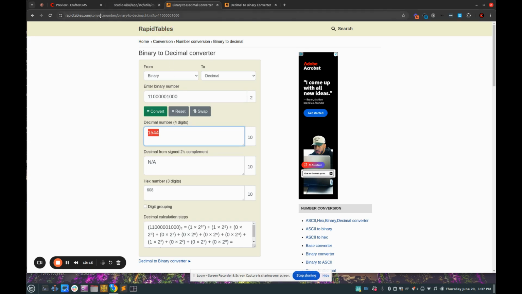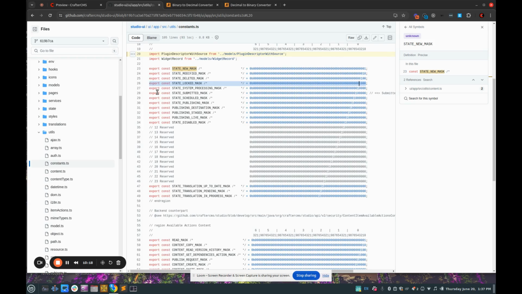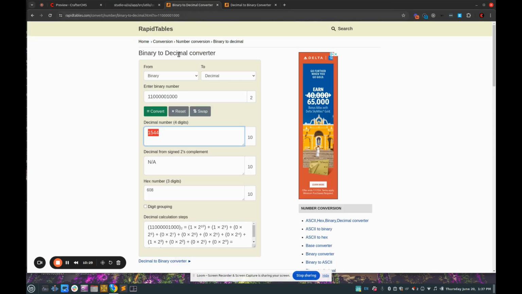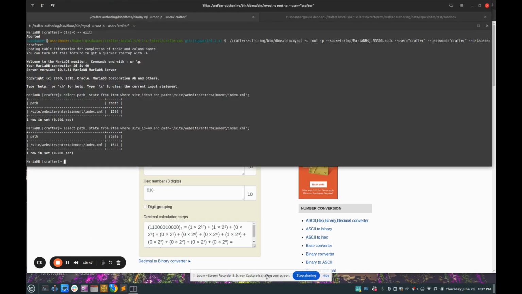So let's go back to our chart. I want to put it in system processing, I said. So system processing is one place over from that. You see, it's easy to see here because they all go off to the left. So let's go back to our converter. Let's set the 8th place to 0, and we'll set the 16th place to 1. And we'll convert that, and that's 1552. So we'll go into our database, and we're going to say update item